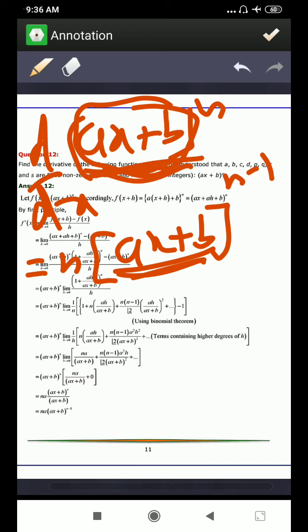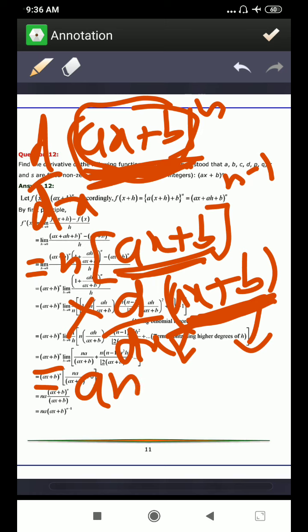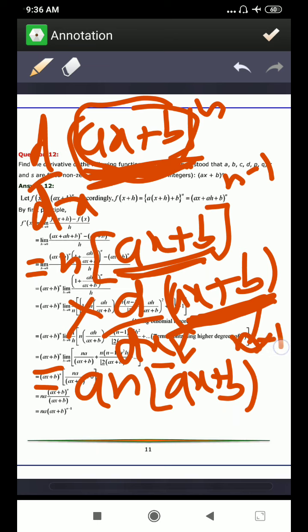Now you have to differentiate following it. You have to also differentiate this ax plus b, that is the chain rule. Because while applying the formula, first I have differentiated it as x raised to power n, but in this x is not x, it is ax plus b. So I have to also differentiate ax plus b. We know the differentiation of ax plus b from many previous questions. Differentiating ax, a stays as it is, differentiation of x is 1 and differentiation of b is 0. So differentiation of this will be a only. So overall you will get a into n, (ax plus b) raised to power n minus 1. That is your answer, and you can also learn this as a formula.